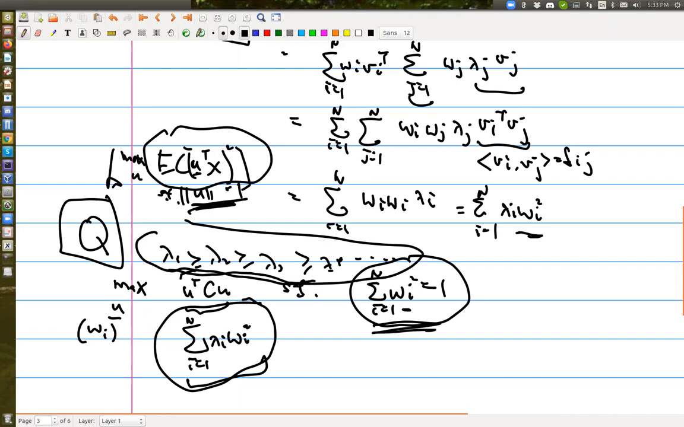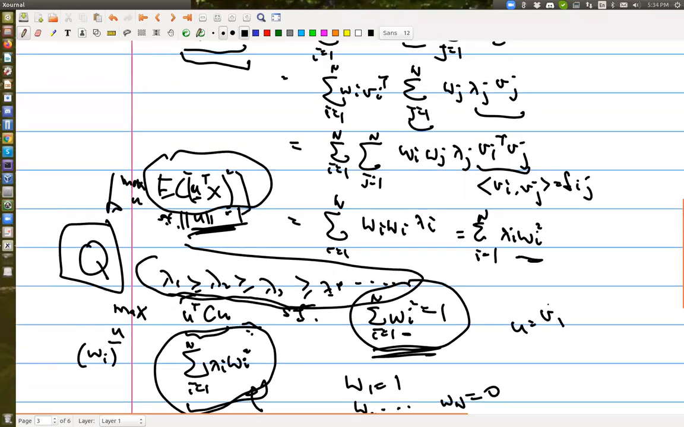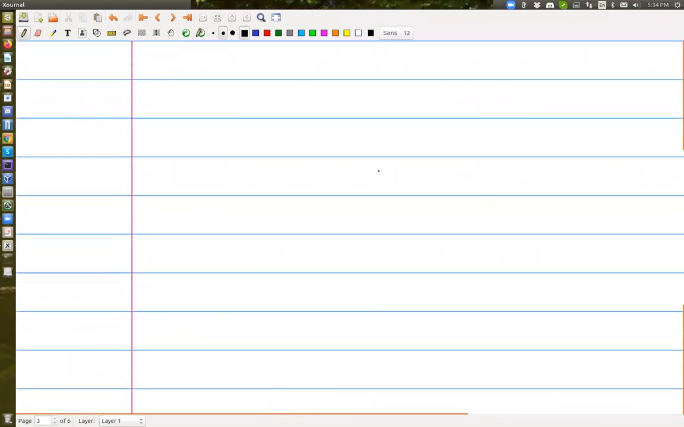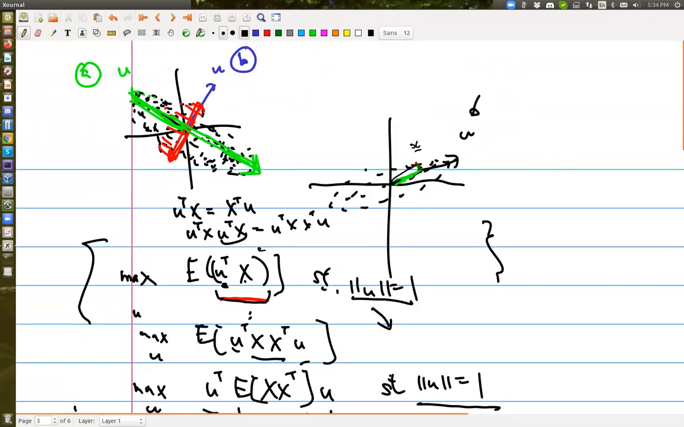Yes, we can just choose the first one to be 1, right? So we said W1 is 1. Oh, sorry, y is 0, and all the rest is just equal to 0, right? That will give me the maximum value of this. When we do that, what do we have? We basically just have u equal to v1, so it will be just equal to the first eigenvector. This proves that this is nothing but the eigenvector of the